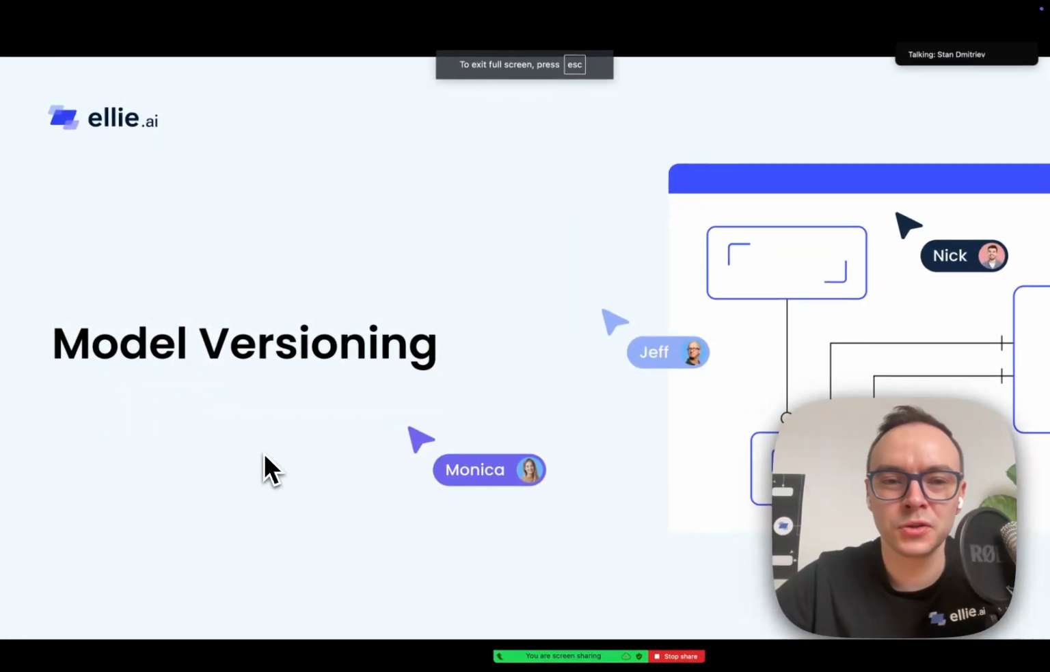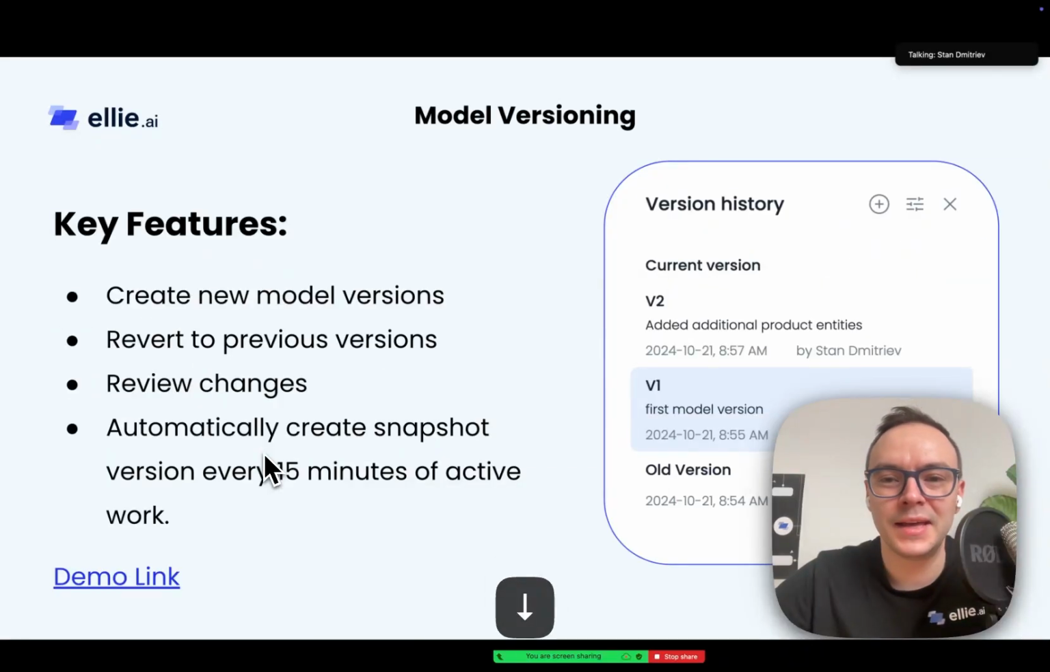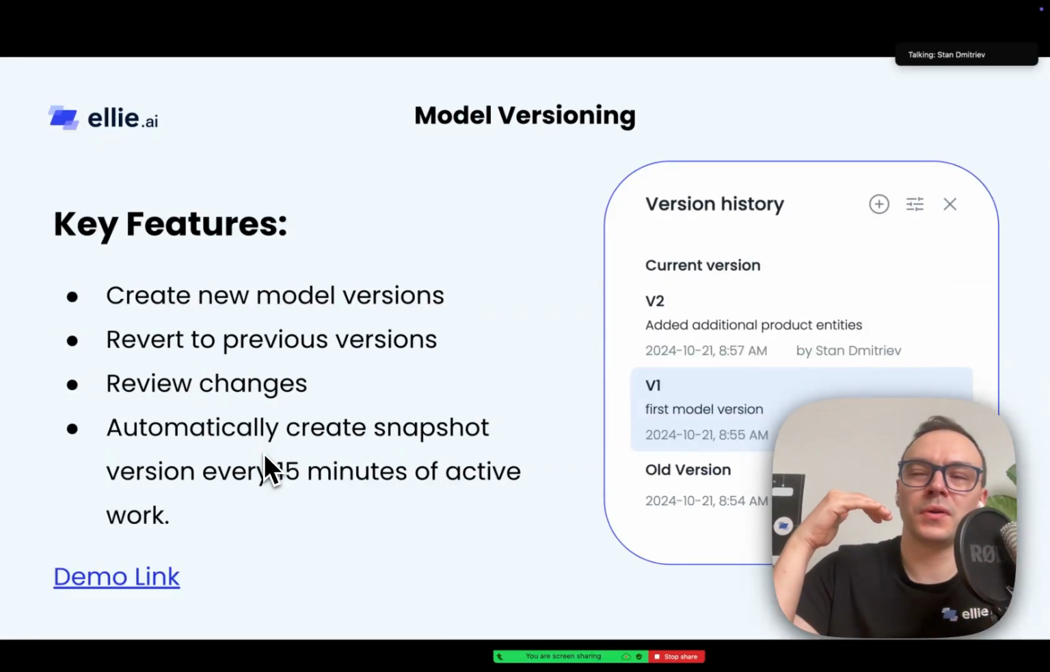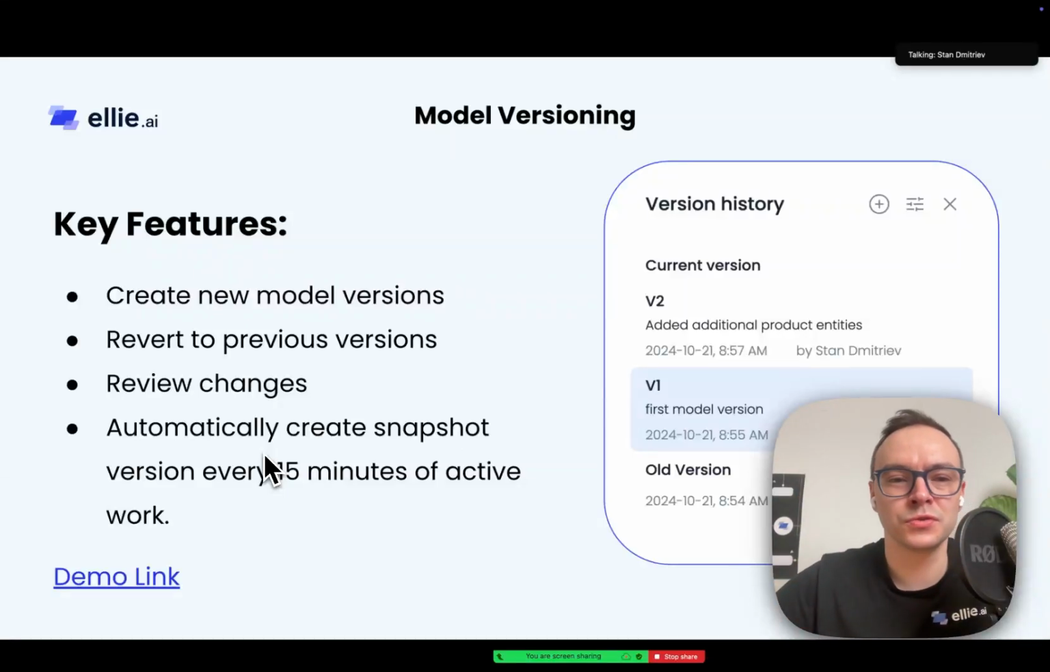Another thing you may not have heard about is we added model versioning, and we're also going to be adding it to our glossary soon as well. And the idea here is that you can now systematically save previous versions of your models. You can review them, and if some changes have been made that maybe shouldn't exist, you can always revert back